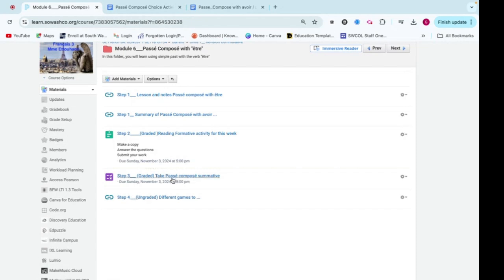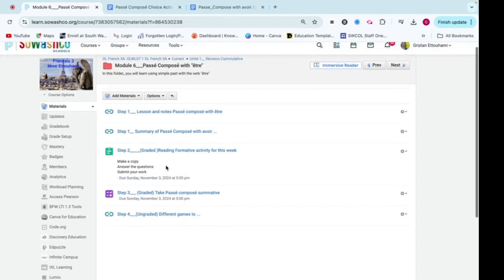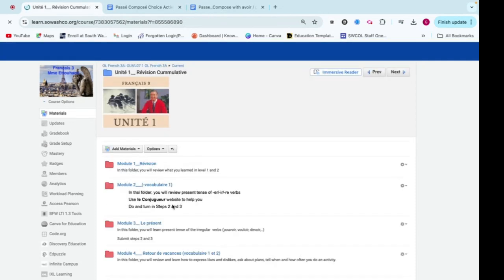The next one is going to be a summative. This summative is about both module 5 and module 6. Remember that for module 5, the one you're doing this week, you did not have a summative, but for next week you will have a summative that combines both the past with avoir and the past with être. Then step 4 is ungraded, and it is a link to different games in French. And the last one that I posted is your